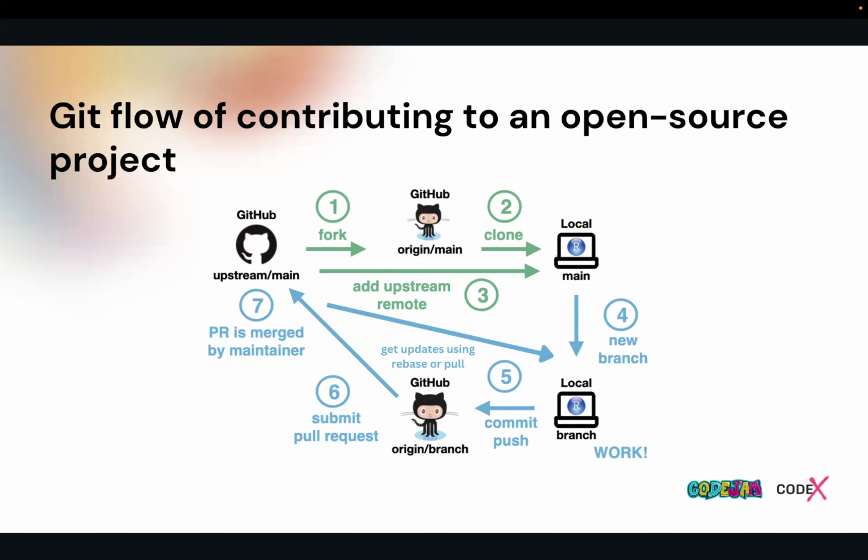So according to this diagram, you can see the flow mainly originates from here. We call this the upstream. So this is the centralized repository, or the mainly hosted open source project, or the mainly hosted project in GitHub. So we are basically making a fork of that repository to your remote.